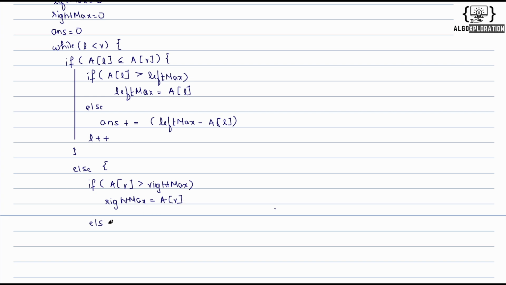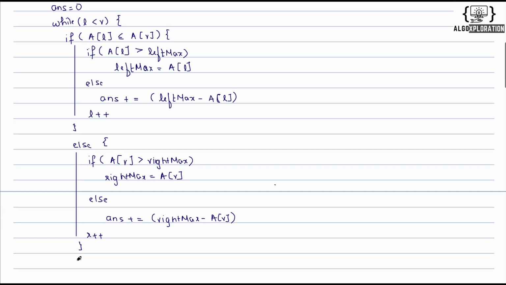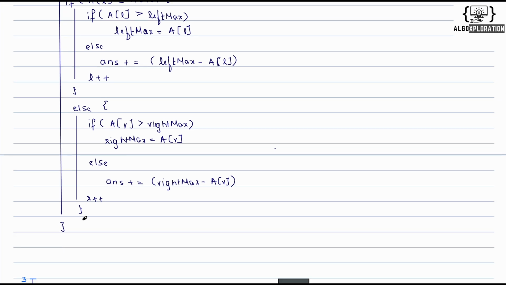If this is not the case, then in the else part, answer plus equals to right max minus A of R. That's it. And after that, do R minus minus. And we are done. Simply return